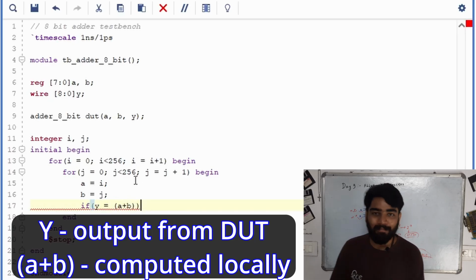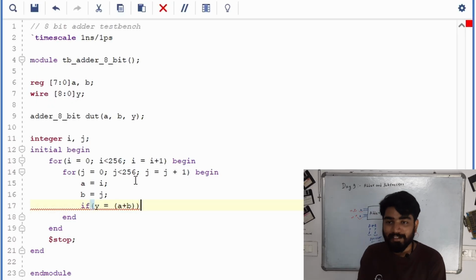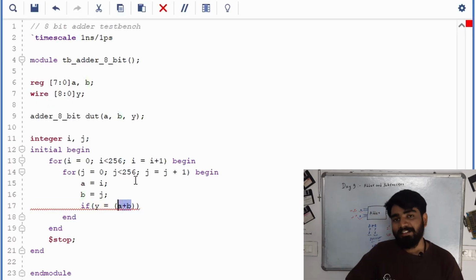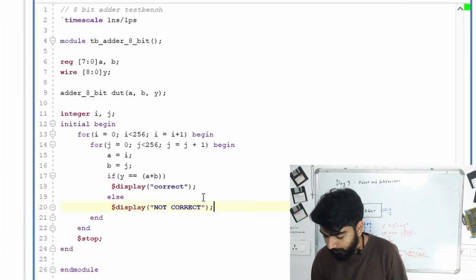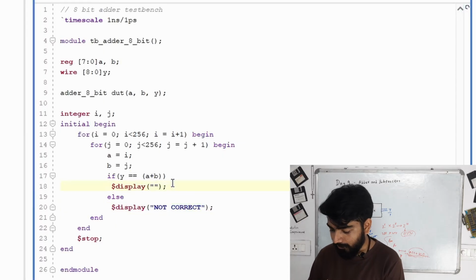I can do I plus J here as well, but since I and J are equal to A and B, we are just doing A plus B. Here I am checking if the output from the DUT is equal to the addition of the two numbers that we have entered into the DUT, right? This A plus B is happening locally, and the Y is coming from the DUT. So this is what we need to check, and here you can simply write if these two are equal, then